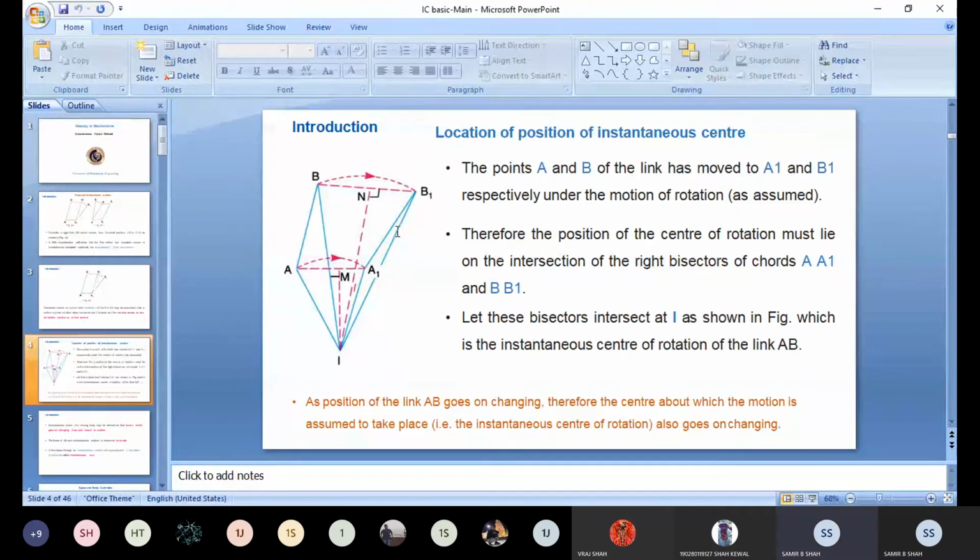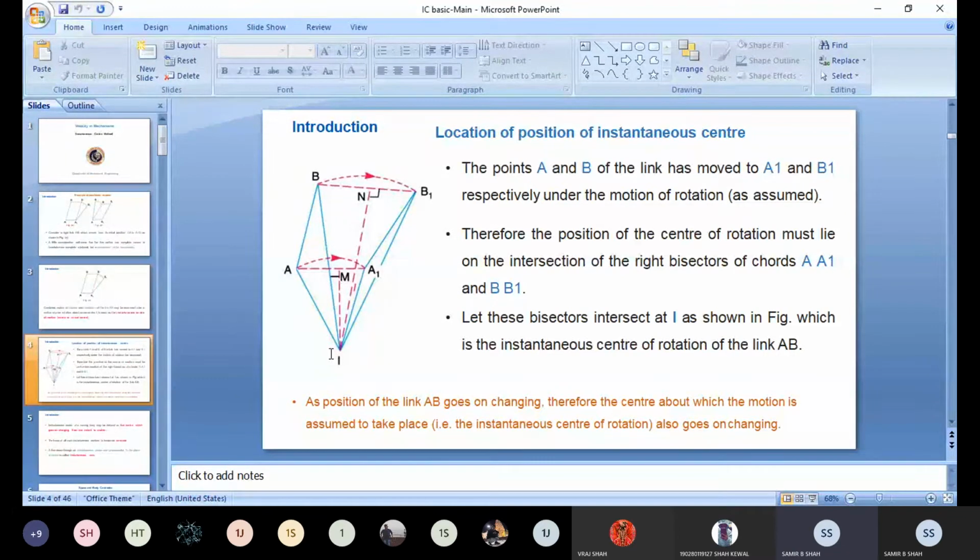Let these bisectors intersect at point I as shown in the figure, which is the instantaneous center of rotation,